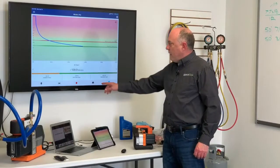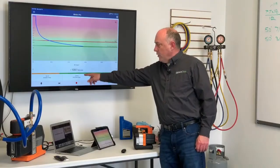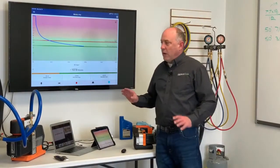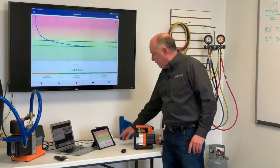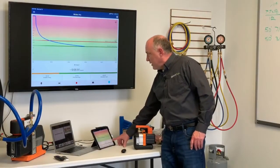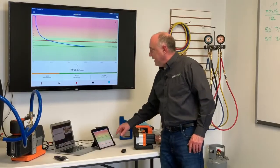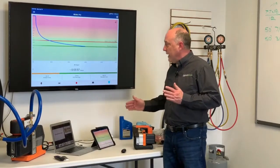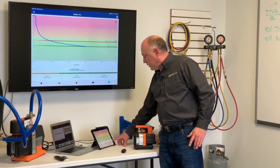All right, so we're down to about 110 microns. You can still see we're pulling down at about 23 microns a minute. We're going to be down here at 100. And again, I want to be at a finishing vacuum of 100 microns. Let me just scroll through ahead here so you can see. We are 5 minutes and 53 seconds. So in 6 minutes, we got a 5-ton system pulled down to 100 microns here,